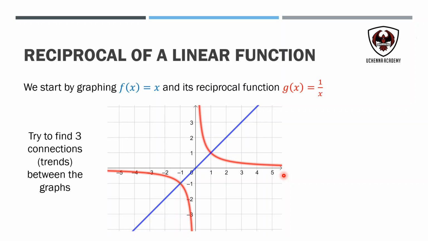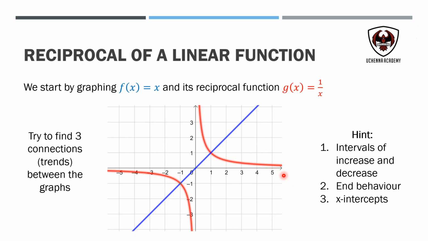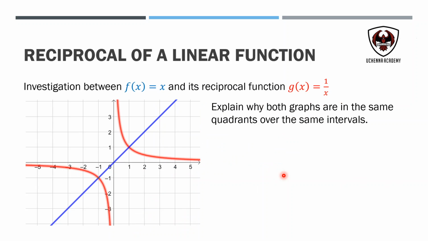If you want to pause this video, you can try and find 3 connections or trends between the two graphs, so between the blue and the red. And here are some hints. You can look at intervals of increase and decrease, and behavior, as well as x-intercepts. All right, so if you've thought it out,